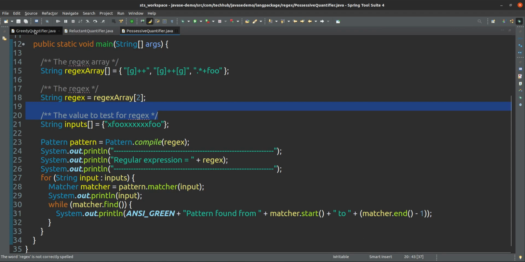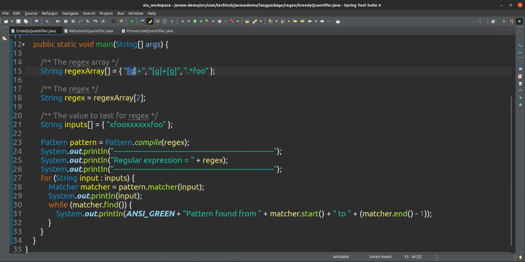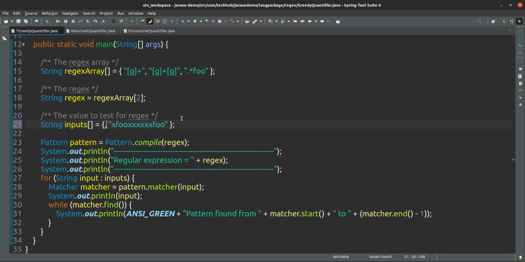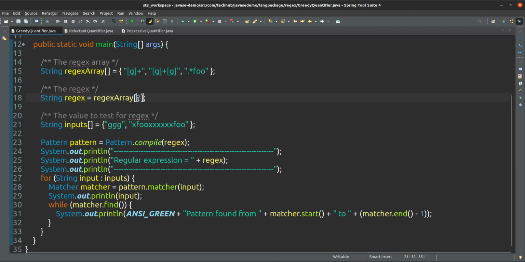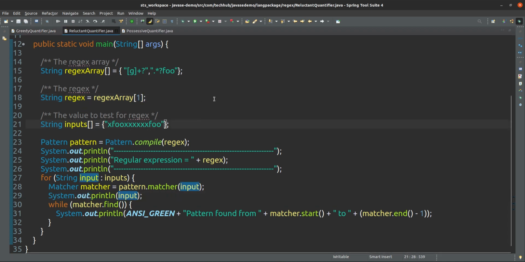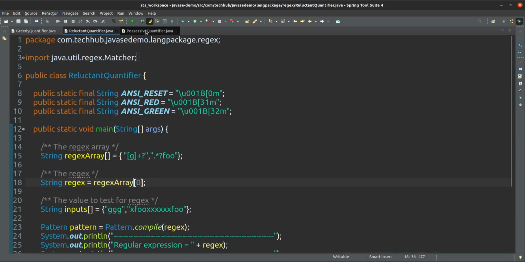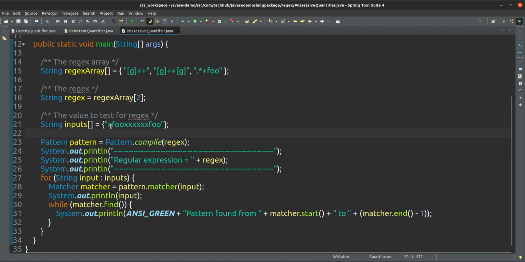And if I take another example, suppose here I have given these conditions, for this one the input is g at 0 position, here also this one is the input at the 0th position.